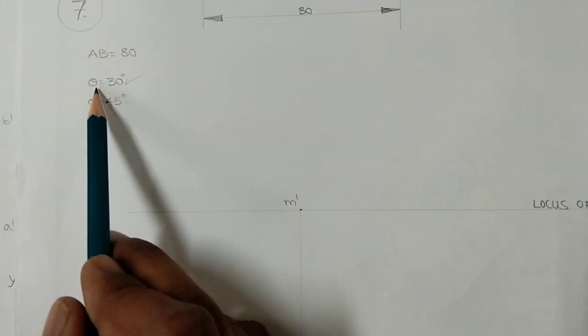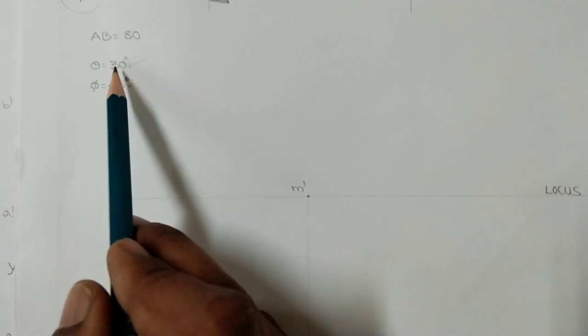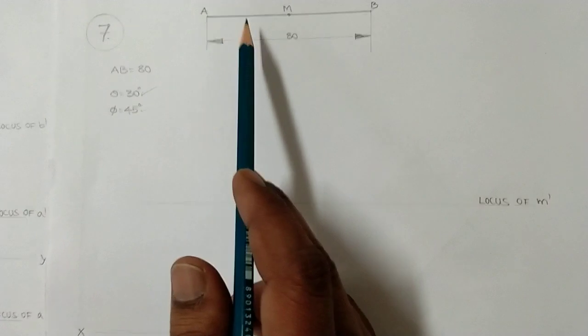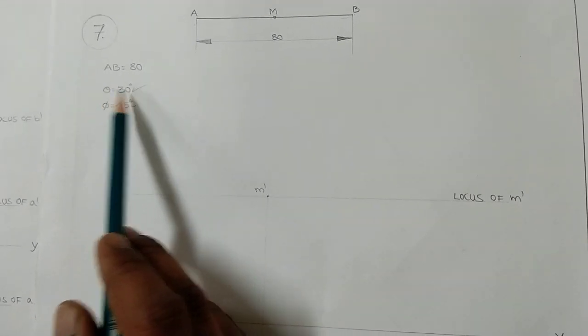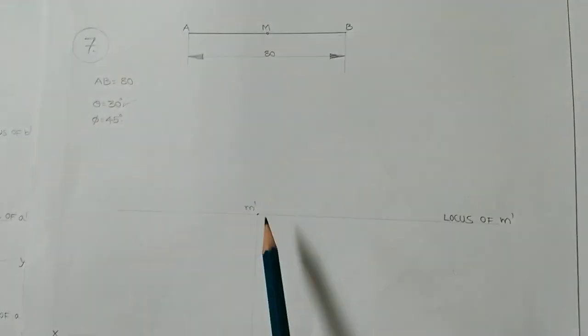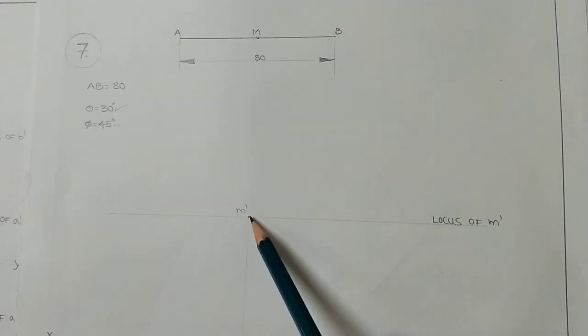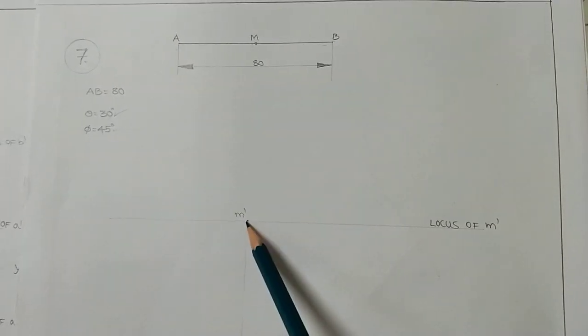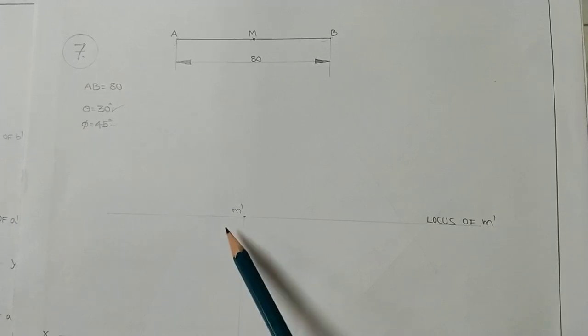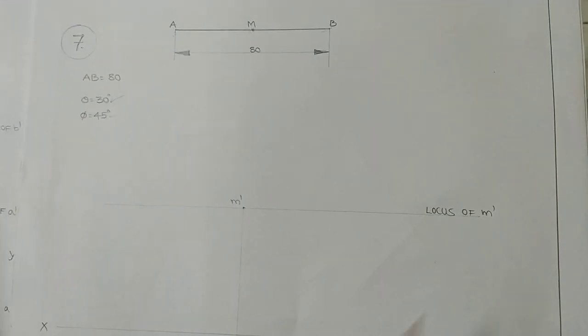So always inclination with respect to the horizontal plane, that one comes above the reference line. So we can construct true length of the line, that is 80 mm line with 30 degrees inclination, so that here midpoint must be located at this particular point. So here above this locus of m dash we will be having 40 mm, below the locus of m dash we will be having another 40. So let me construct that one.